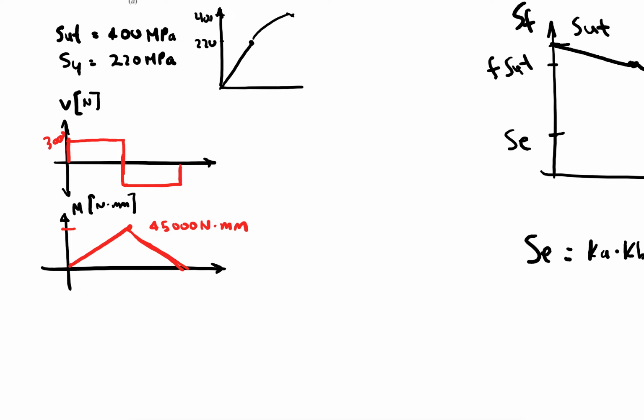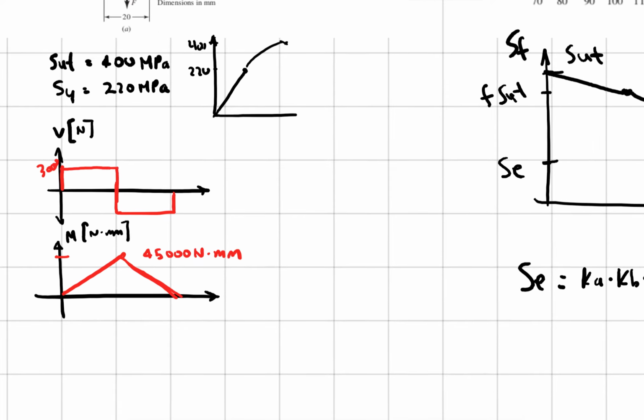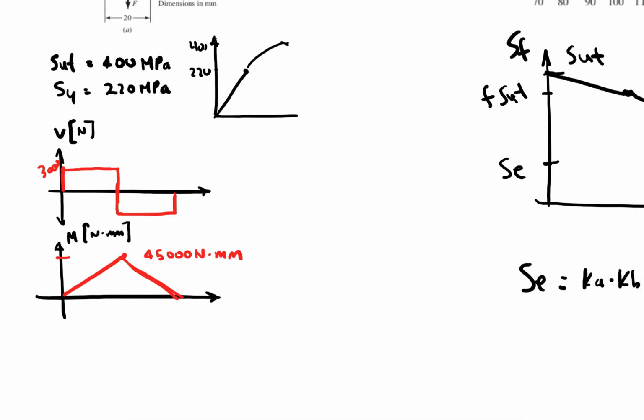And this is the maximum moment that it has to resist. So from this equation, we would do sigma equals My over I, but we already know that for a shaft this is going to be 32M over pi d cubed. We've done that 1,000 times in class, and I know that the factor of safety is yield strength over the stress. So if I solve for this, again, we've done this 1,000 times, we get a diameter